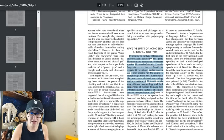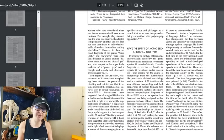"Notwithstanding the existence of comprehensive morphological diagnoses of Homo, in practice, species have been assigned to the genus on the basis of 4 criteria." I don't know that that's the move here, right? Like, I don't know that it is right to say, notwithstanding all of these extensive empirical analyses that do in fact place these specimens that we consider to be Homo habilis as more closely aligned with, albeit slightly, genus Homo than the latest members of Australopithecus. Like, I don't know if you can just say, this has all been done, but functionally what people are actually doing is this. And Collard and Wood go on to give the criteria that they feel have been effectively utilized